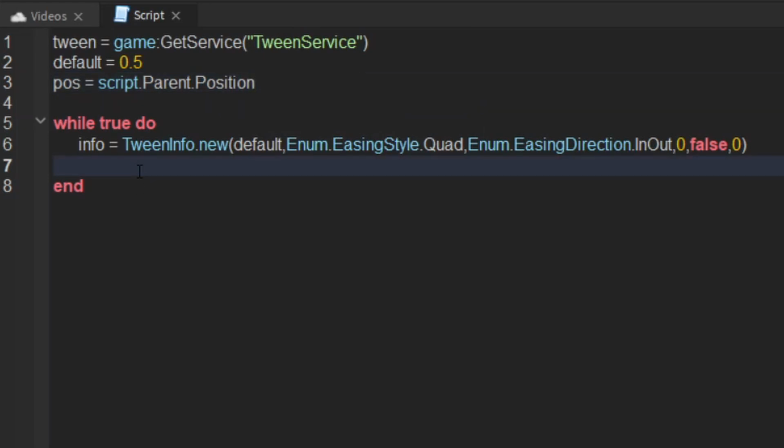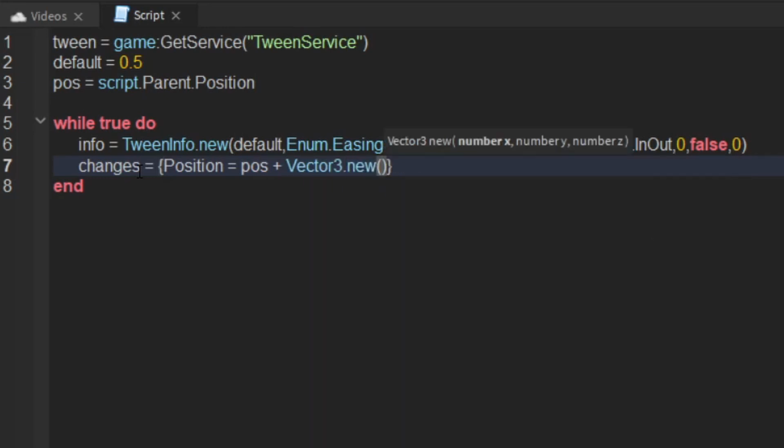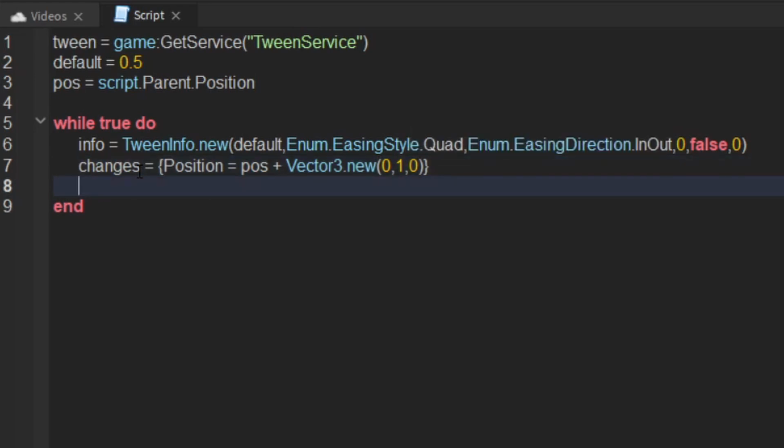Then what you want to say is changes equals squiggly brackets, so a table, and then you want to specify the property of it, so position we want to change equals pos plus Vector3.new 0 1 0. So that's going to go up one stud, and then changes 2, since you have to bring it down,